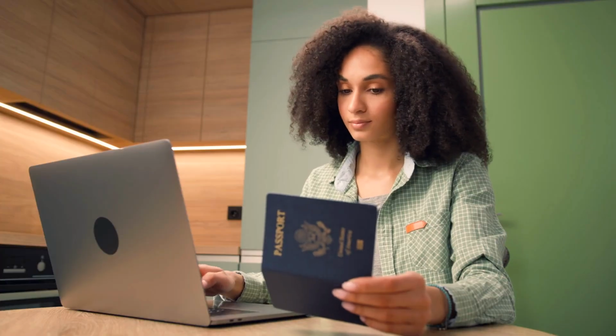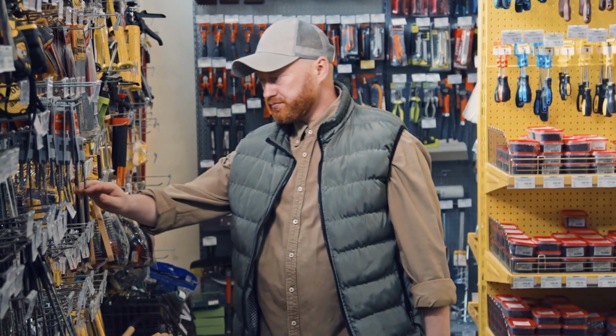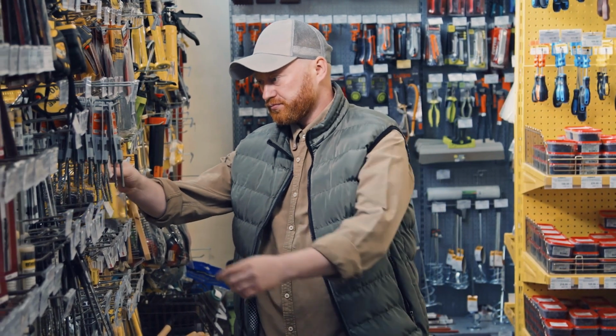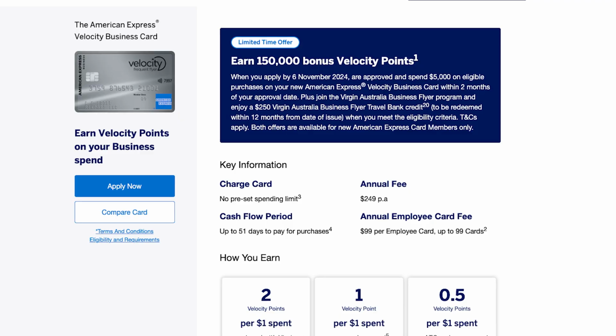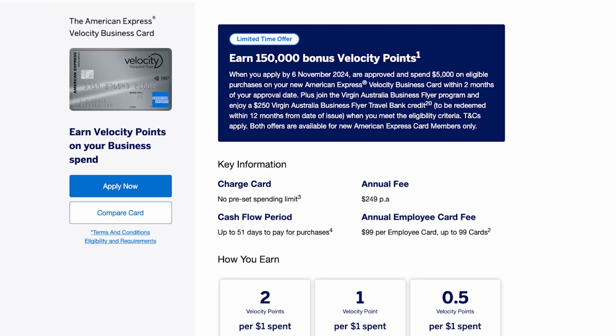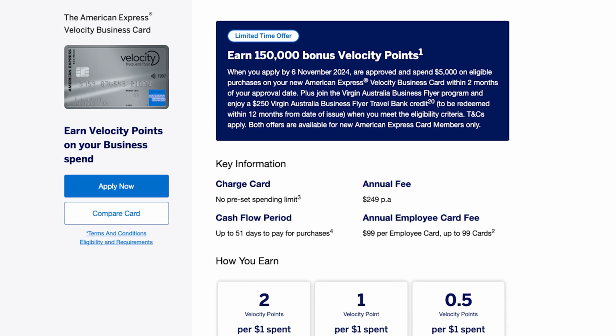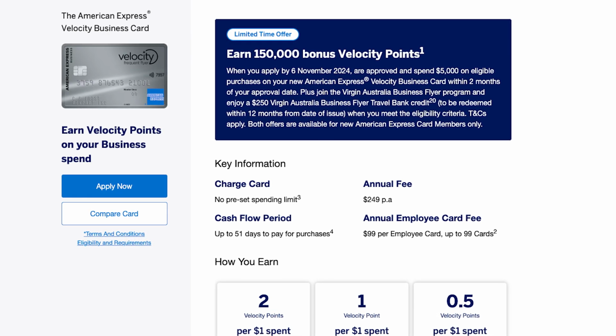So let's talk about the American Express Velocity Business Card. This card also comes packed with value and perks that can seriously elevate your travel game. So let's start breaking it down. First off, you'll earn a whopping 150,000 bonus Velocity points when you spend $5,000 on eligible purchases within the first